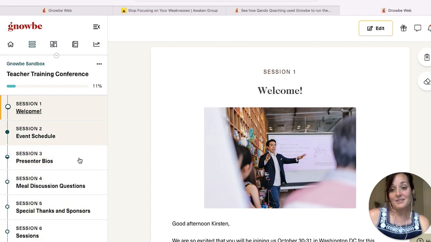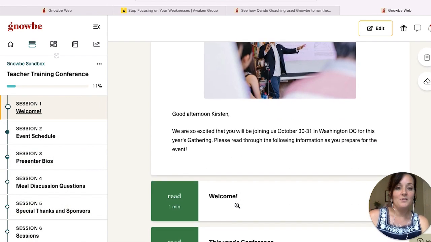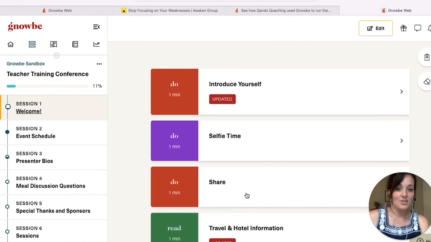And it begins to develop a community. As you have people, for example, in the welcome session, you can have a spot where they can introduce themselves and upload selfies. Then on that group wall, people can be finding people, following up with them, connecting with them, even after the event.